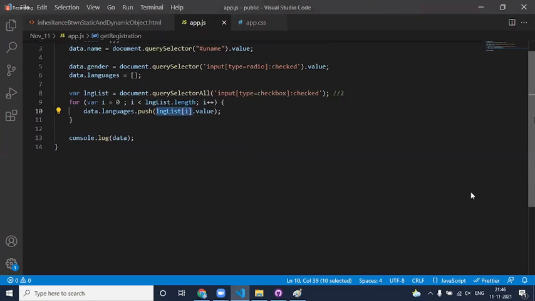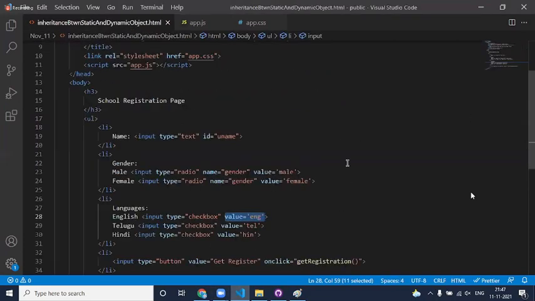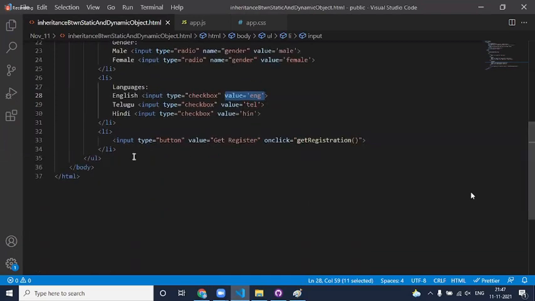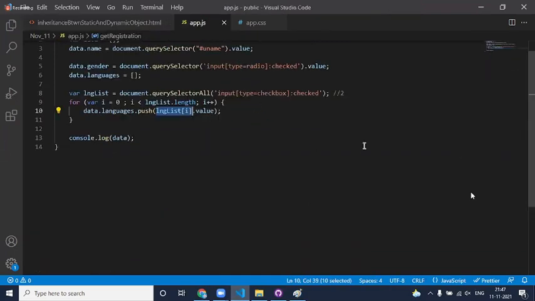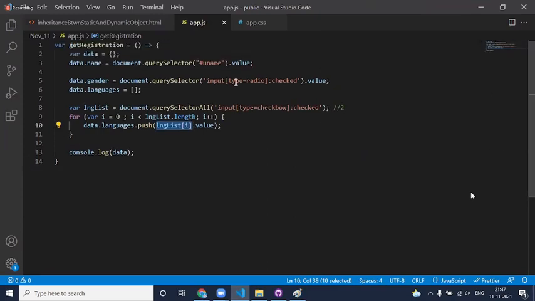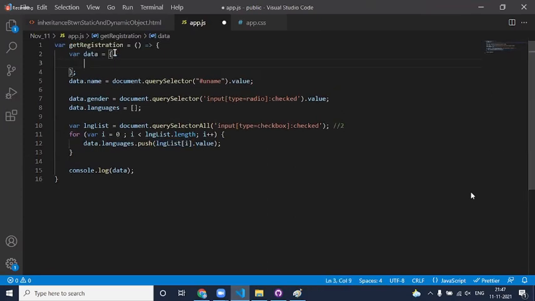Okay, so coming to this, now I have the data and I would like to show the data on the page again. Now, as the student belongs to the school, I want to fill the data earlier itself. Say the school name is ABC school.